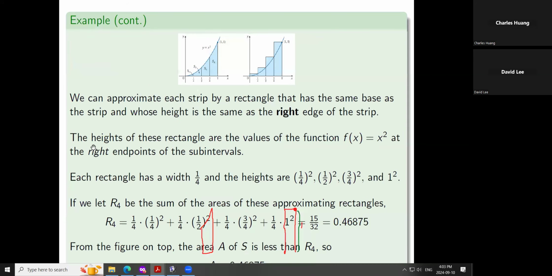If we use the right endpoint for the 4 rectangles that we have, then for the one on the right, for this one over here,